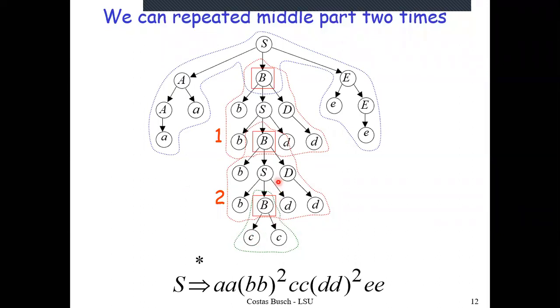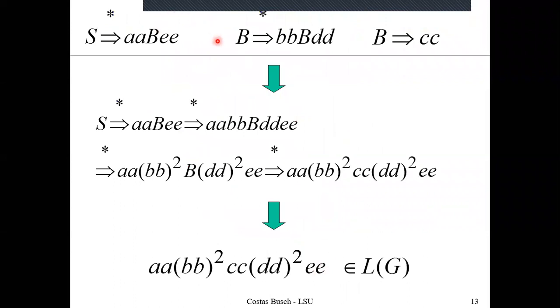And as Akbar has mentioned earlier, this is all coming from the start variable. So this string is also coming from the start variable, and it is going to be a part of my language. And once again, I can see that the motivation for getting this new string is coming from my original string. That motivation is entirely based on the sentential form b giving me b square b d square.